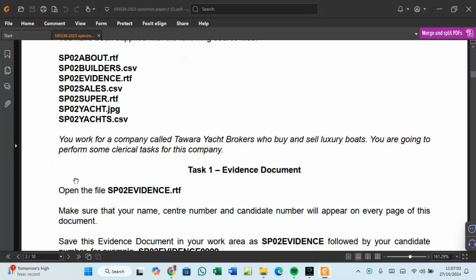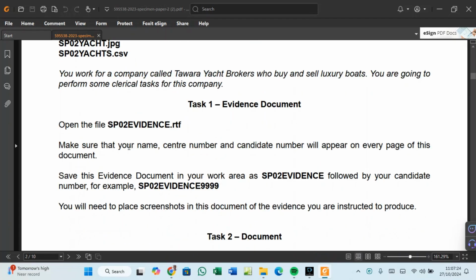So they're saying you work for a company called Tawara Yacht Brokers who buy and sell luxury boats. You are going to perform some clerical task for this company. So task 1, we start with the evidence document, because anything that you're going to do, you have to prove that you did it. So they're telling me to open the file sp2o